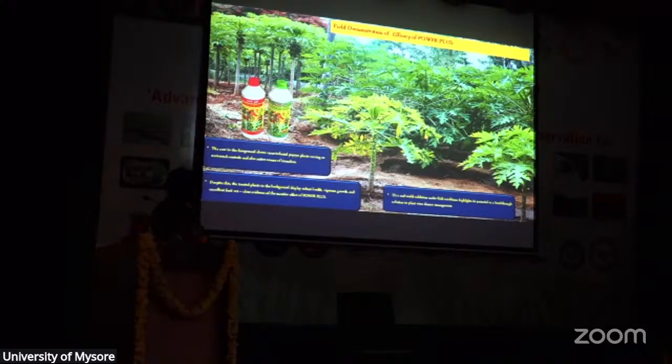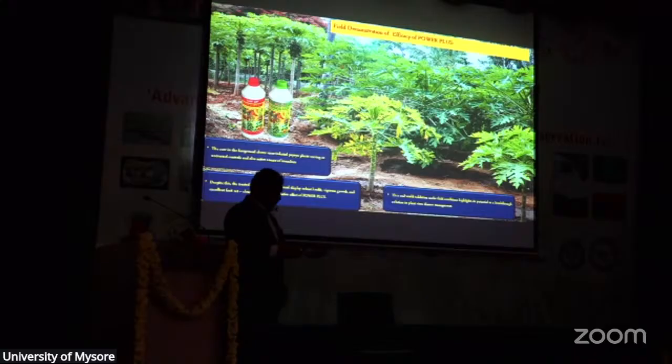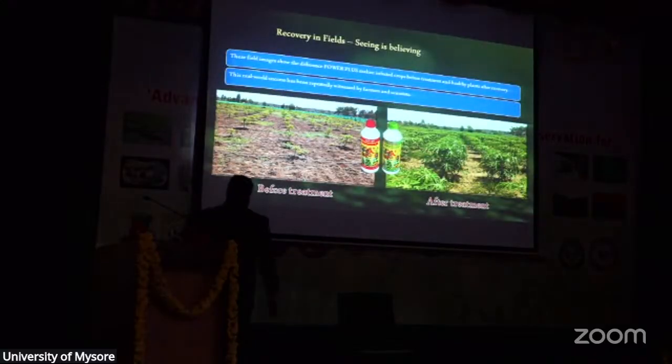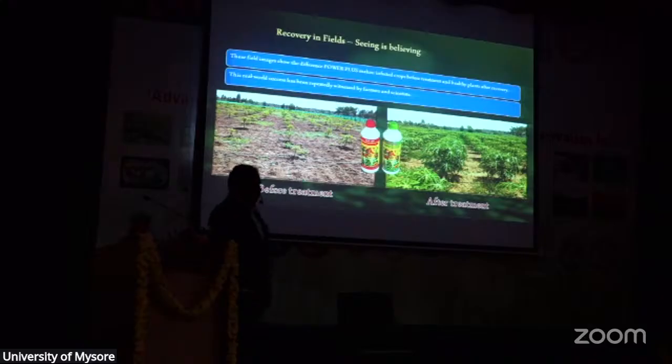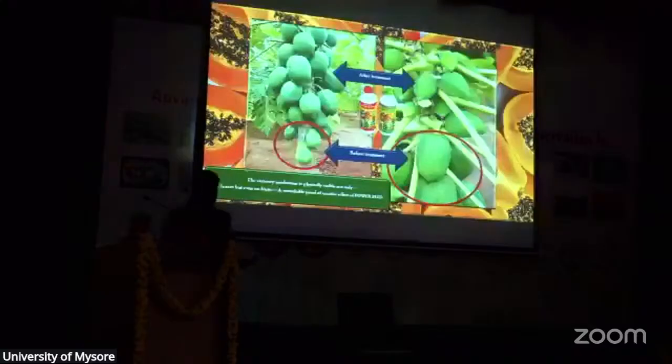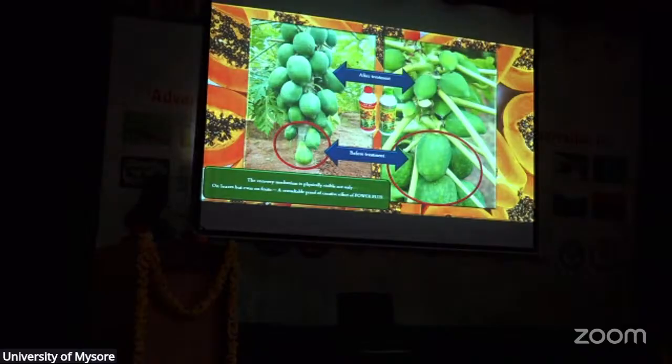So full of yield. This untreated row serves both as the untreated control as well as the focus of infection. In the farmer's field, on your left you see before treatment, and the farmer was about to remove it and go for some other crop. Then we gave our product, and he treated. After 2 months, there was no sign of virus infection at all. See the fruits below, before treatment and after treatment.